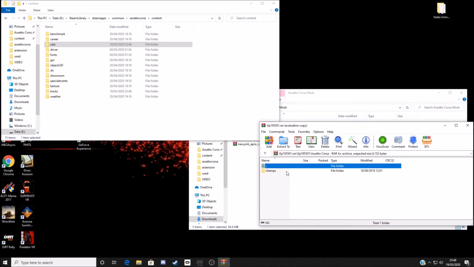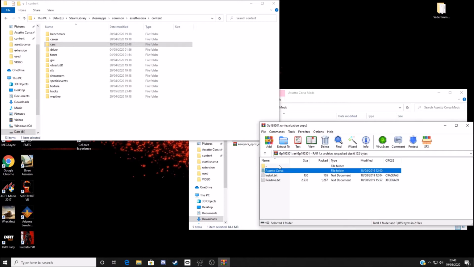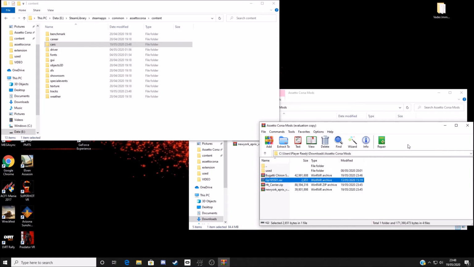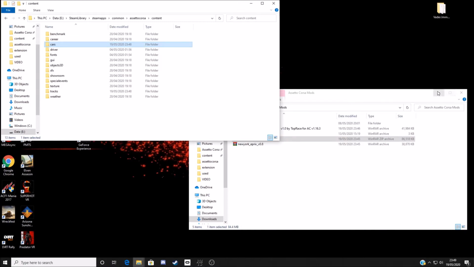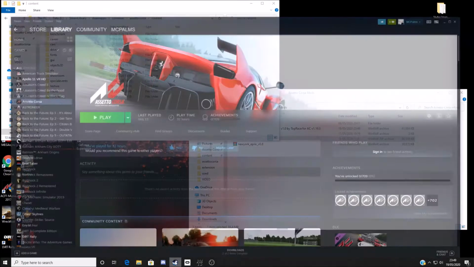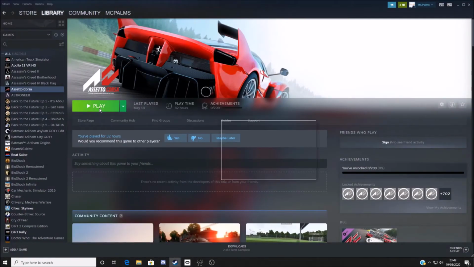Because I have no idea what this one is. This is a dead one. Sometimes you get dead ones, you need to check them, so you can see what is what. So that should be everything done. So if we go into Assetto Corsa,